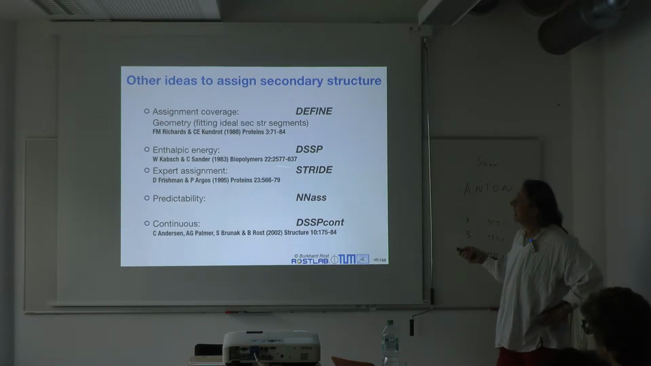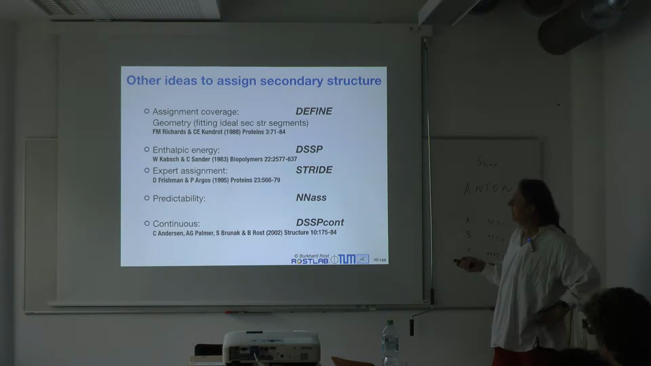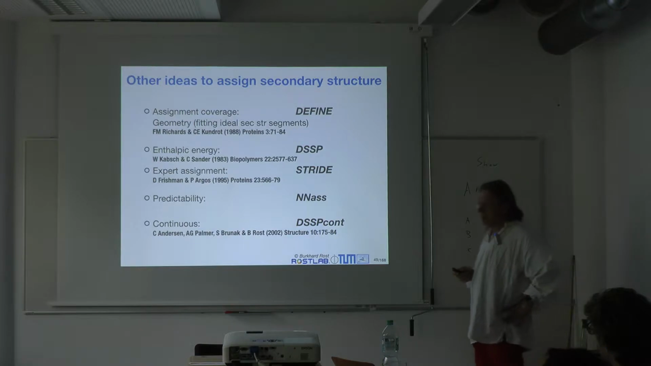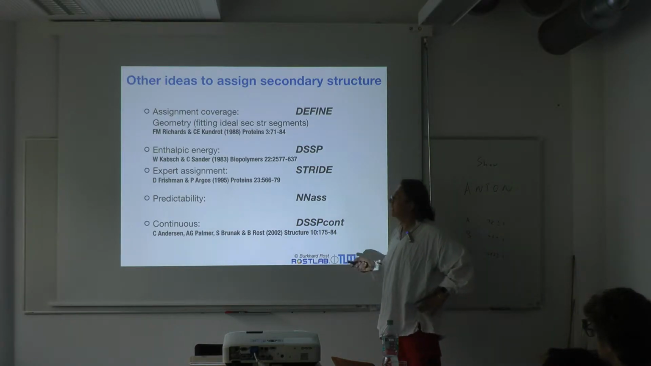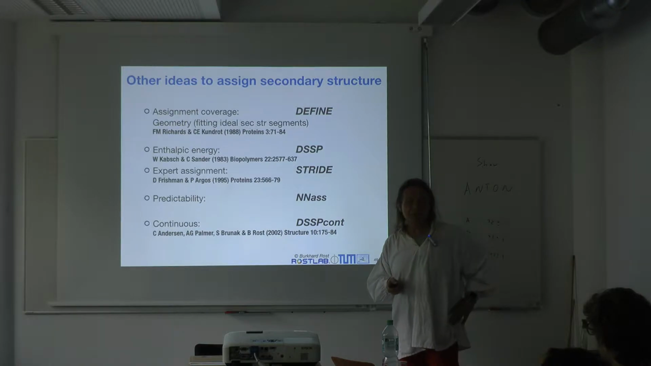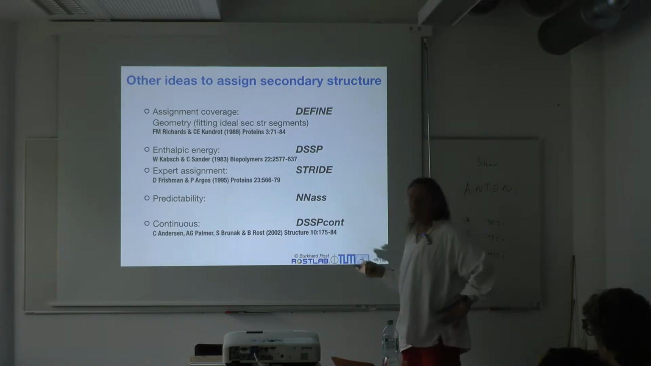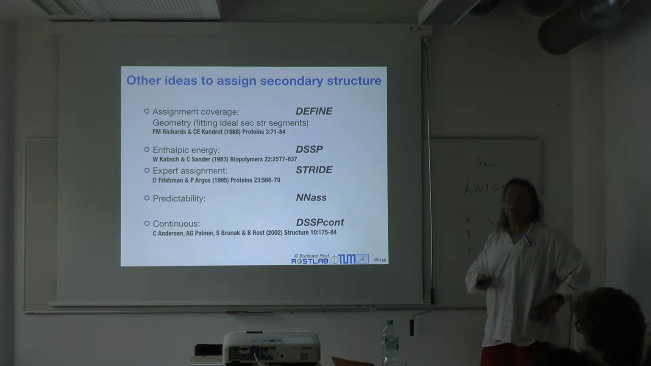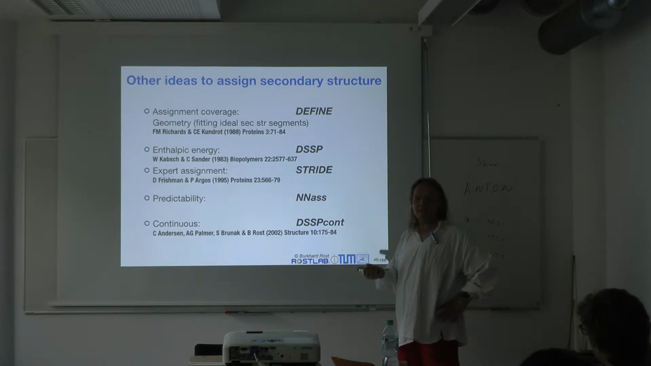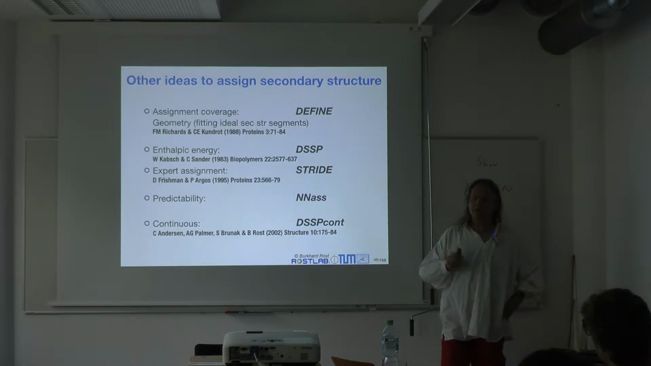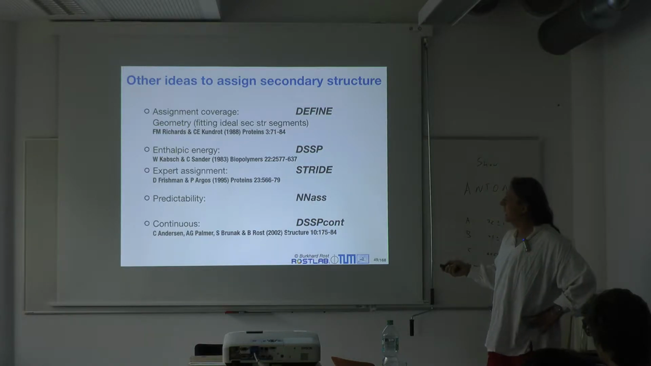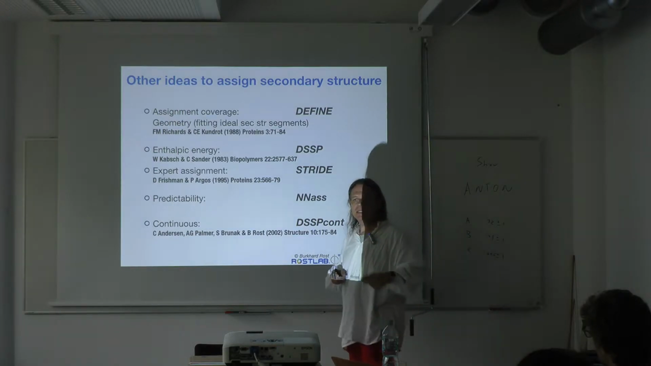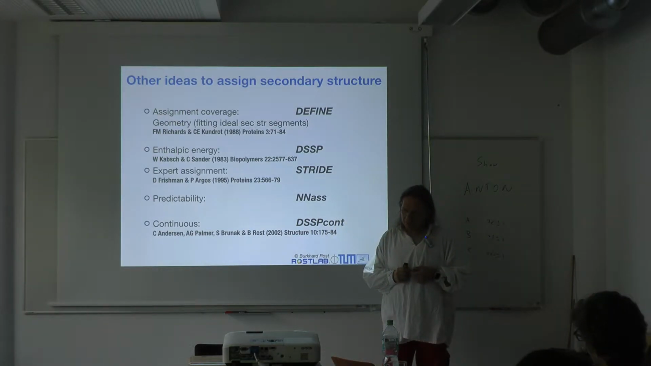Then there are sort of other methods that have been proposed. I want to mention STRIDE because it comes from Dimitri Fishman, and that essentially tries to machine learn expert assignments. Predictability, I want to make that point because it's an interesting idea. So just assign the secondary structure according to what you can predict. I find this, in some sense, you can turn the problem around, but it's an interesting idea. And then there's the continuous secondary structure. So that says that one issue with secondary structure assignment is in this idea that